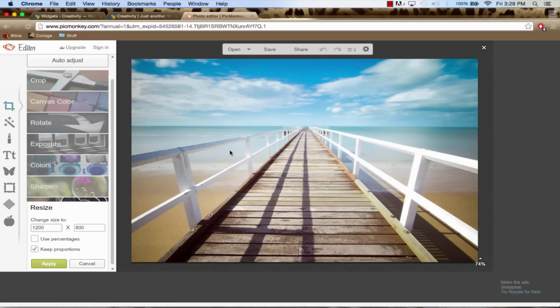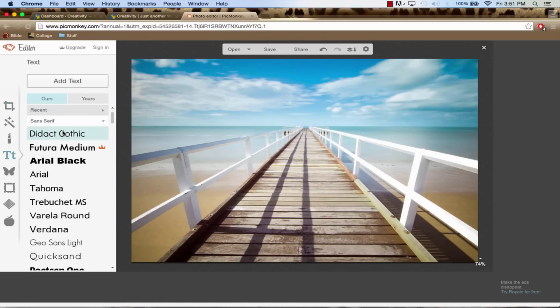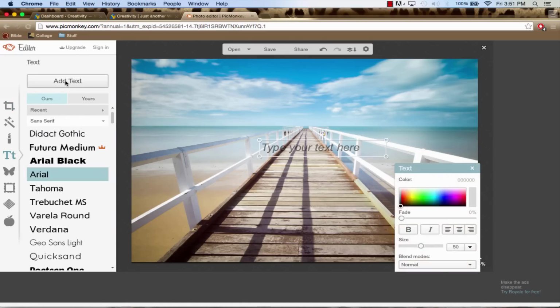Computers look at images in pixels. So type in 1200 here, and if you got an image from Unsplash or something that is of a large size, it should automatically resize to 800 if you type in 1200 here. So after you do that, click apply, and then we're going to go in and add some text. So find these two T's and click that, and then right here where it says add text, click that. You'll see that the text editor appears,